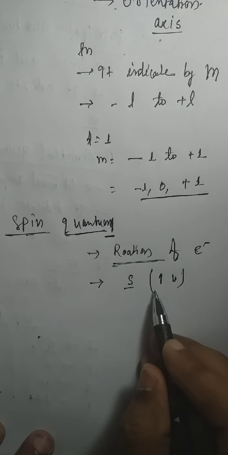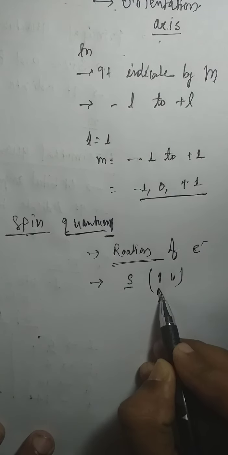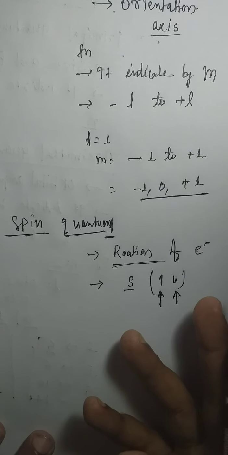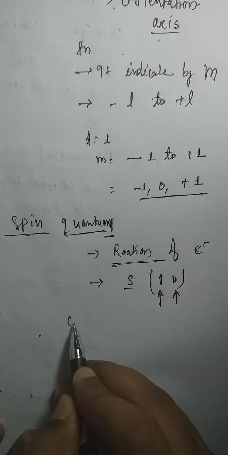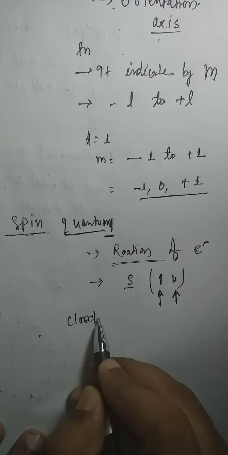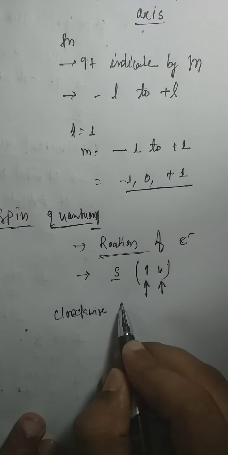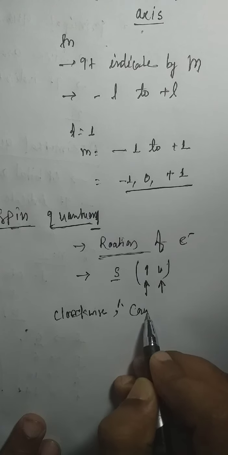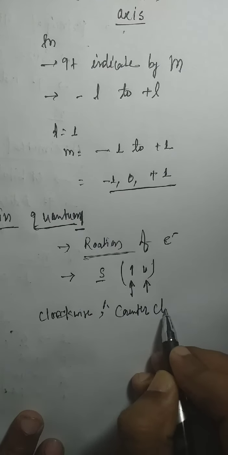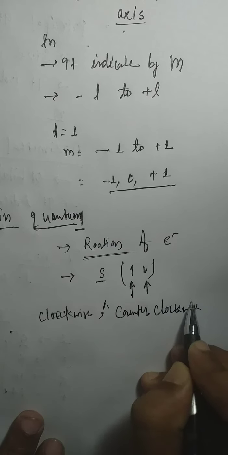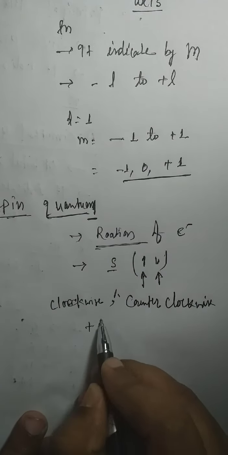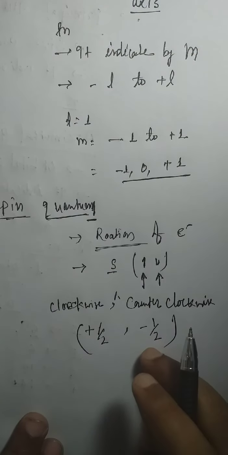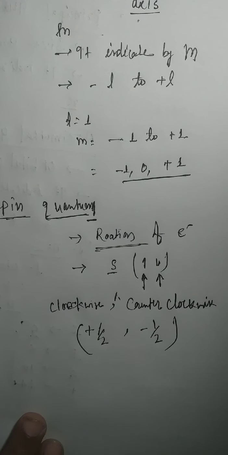No scientist has yet recognized exactly what its rotation is. They just show that both rotations are opposite in direction. So one is moving clockwise, and the other is automatically moving anti-clockwise. One electron is moving clockwise, another counterclockwise. So the rotation is different. For signifying, we write plus half and minus half, but it is not determined which rotation is plus half and which is minus half. This is just an idea of reference.